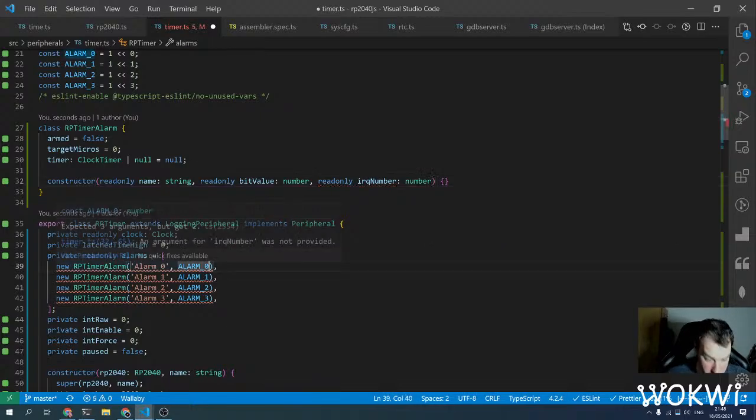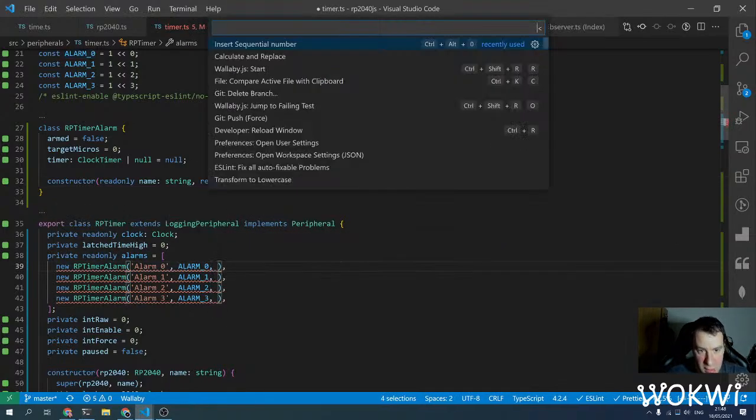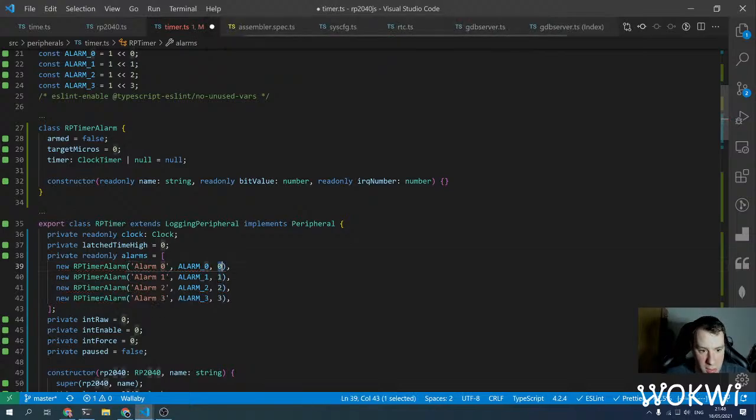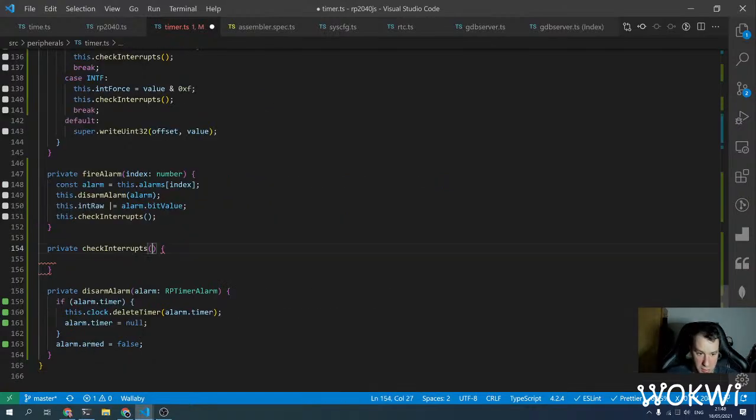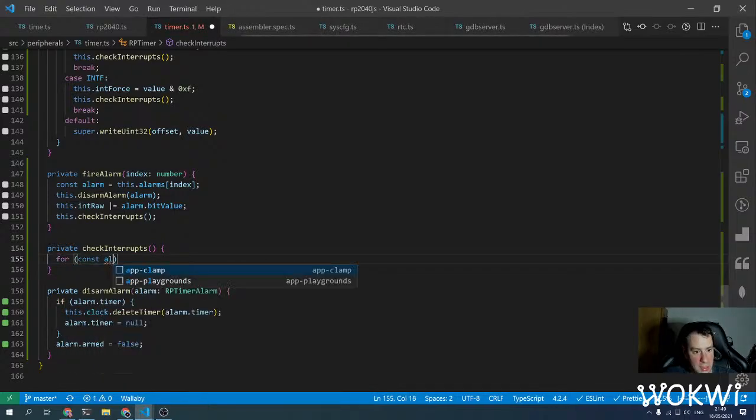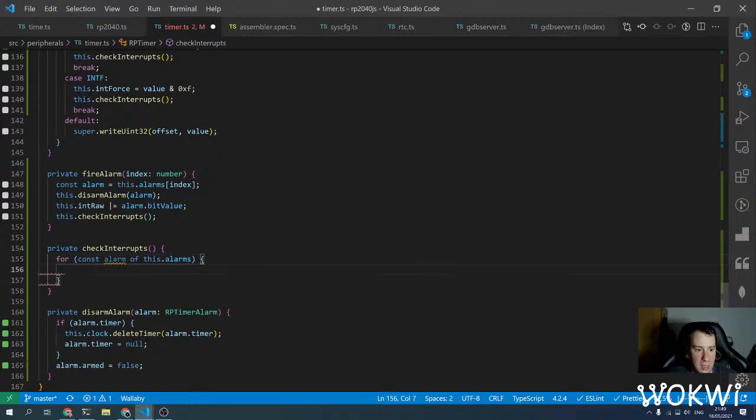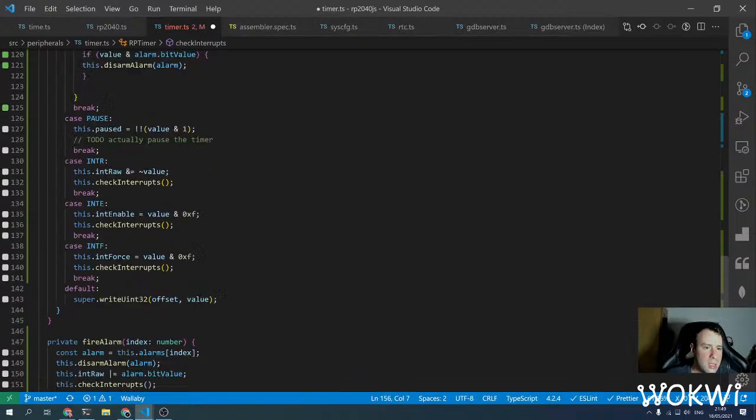Make the code a bit prettier. Yeah, it just happens that the IRQ number is also the index, but it's still prettier this way. So for const alarm of alarms, and then first of all,